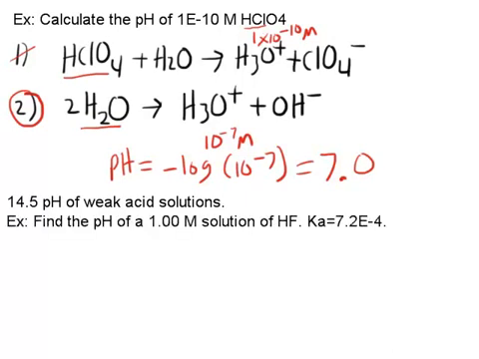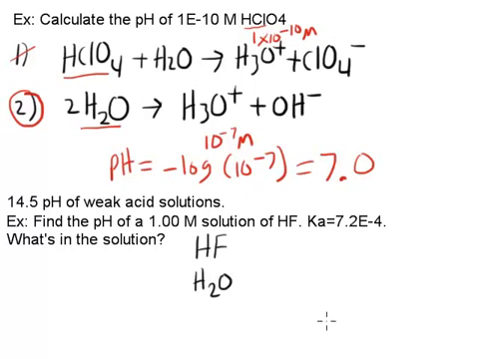For example, find the pH of a 1 molar solution of hydrofluoric acid. The equilibrium constant for hydrofluoric acid is 7.2 times 10 to the negative 4th. So a good question to ask yourself is, what's in the solution? Well, it's a weak acid. The dissociation of HF is a reactant-favored reaction because our K value is so small. So mostly in the solution is HF, which separates a little bit into H+,